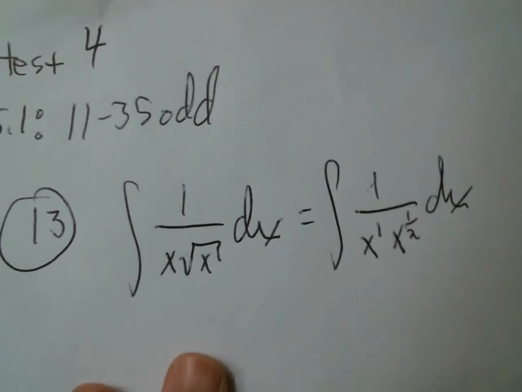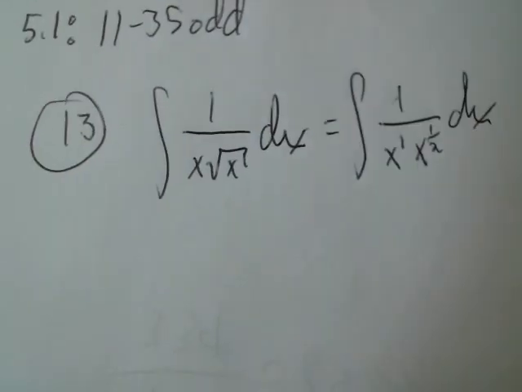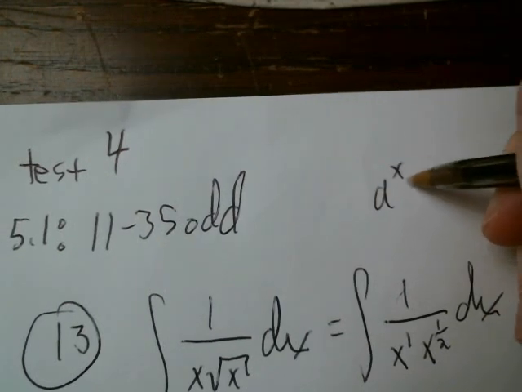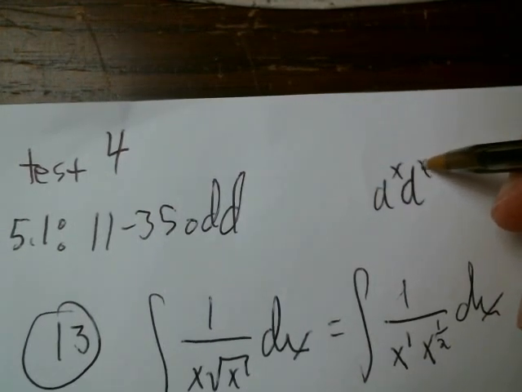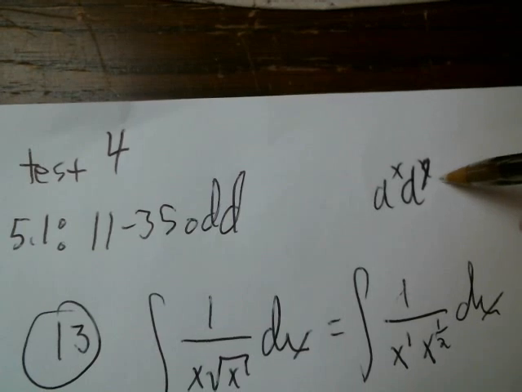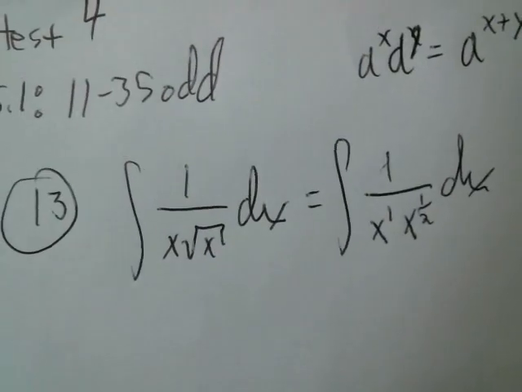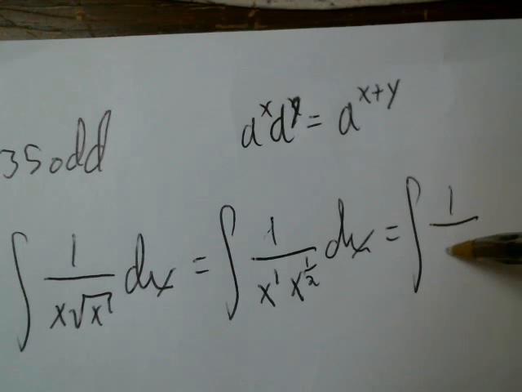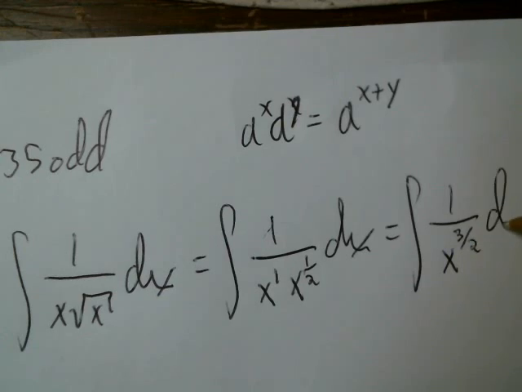Right? And then you could use your properties of exponents to add 1 plus 1/2, right? If they have the same base, all you have to do is add the exponents. So if I had a to the x times a to the y, that's equal to a to the x plus y. Okay, so that's the idea here. Rewrite this as 1 all over x to the 2 halves, or 2 halves plus 1 halves is 3 halves